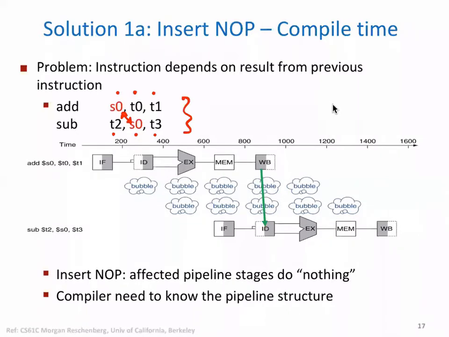We can see that, because here the result is available only after we are using it in this stage. Had we started it here, as we have seen earlier, the result would have been wrong. So we can insert a NOP here. This represents a NOP, which we show as a bubble. It means that the NOP is also of 5 cycles. Now what is the issue here?